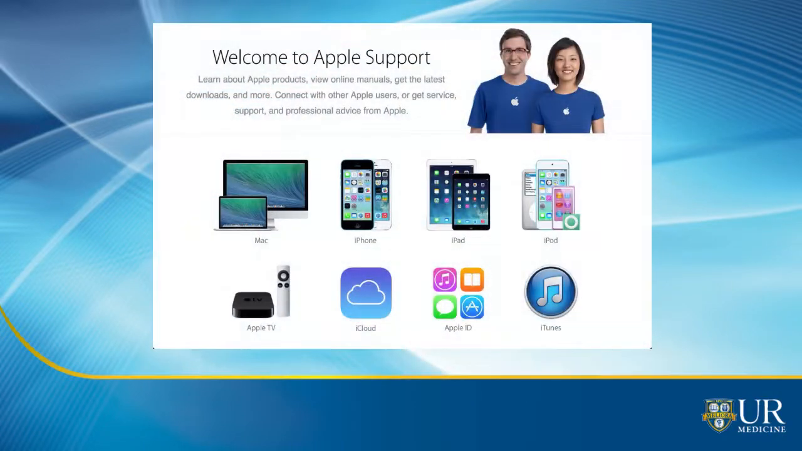You can also find instructions for activating the Emergency Medical ID feature of your iPhone on the support page of